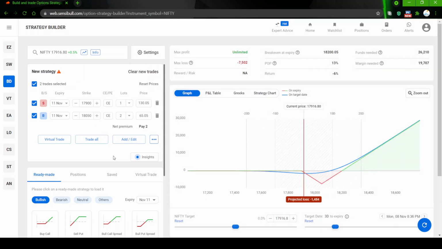Let's say we are having a break-even trade. Break-even trade means I just increased it by 50 points. So we are paying out 130 rupees and we are collecting 130 rupees. So this is like a zero cost trade. Means we are not paying any premium or getting any premium. Okay, you are paying 2 rupees of premium. This is nothing. 2 rupees is nothing, what your brokerage is 20 rupees for this, right? So you consider that this is a zero cost trade.